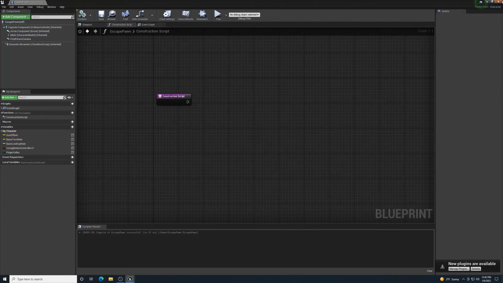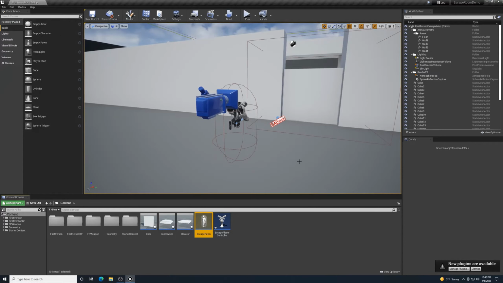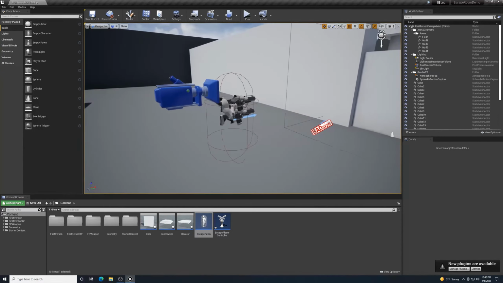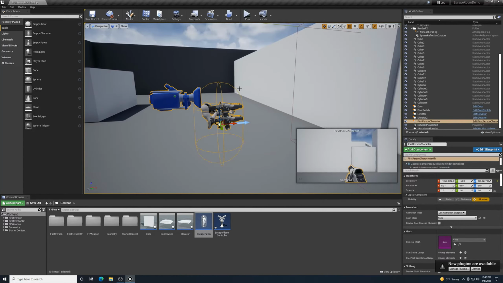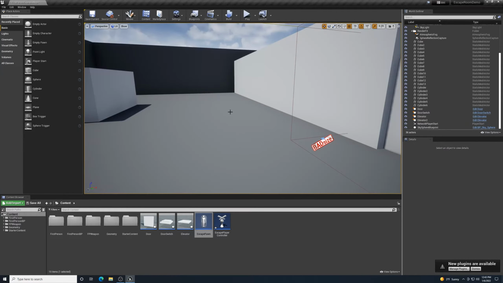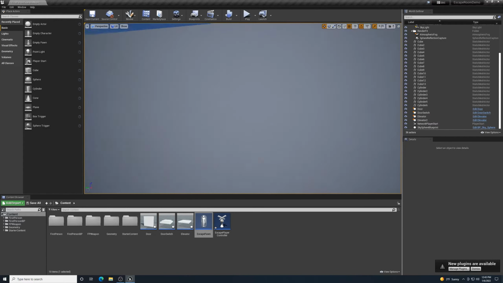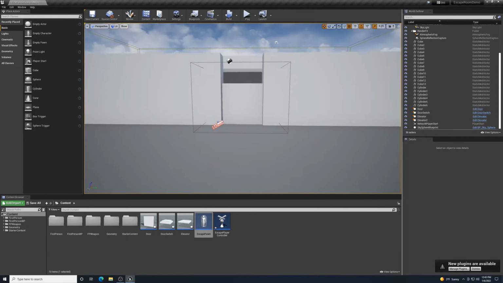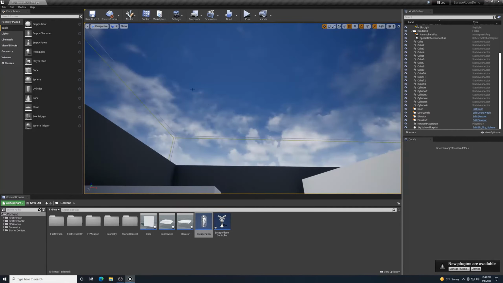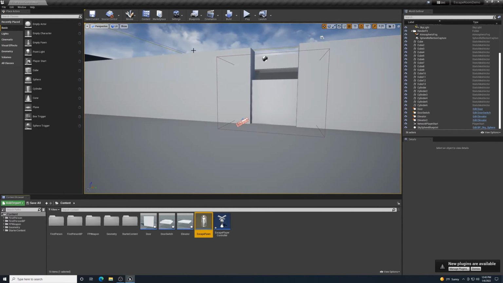Okay, so I'm going to close out, and if I check in here on this map, I have a first person character right there, that's my old first person character. I can actually erase that out of there, and we should be good for that part right there. Alright, so now I'm going to save,